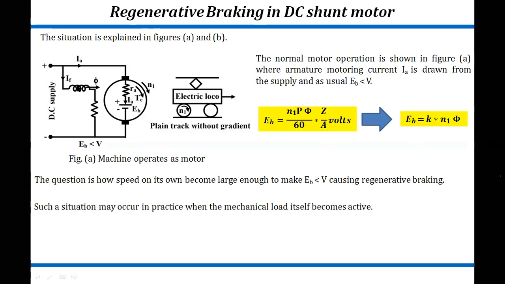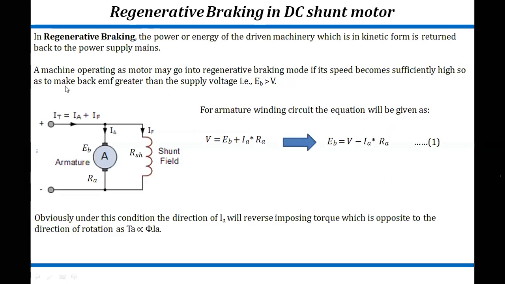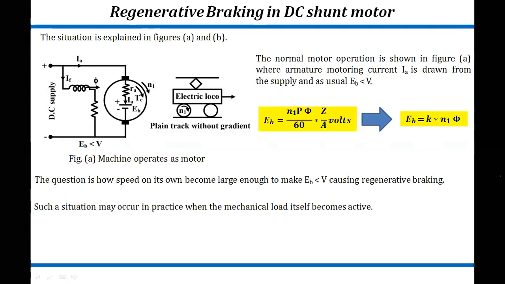IF is nothing but field current. We are taking it in parallel, the same diagram. Only here the field is taken and the DC motor is taken here, the same diagram we are taking. But when practically we are supposed to use the regenerative braking concept, at that time you can see here, if we are having any electrical machines and we are supposed to use the regenerative braking, at that time in the normal motor DC operations,